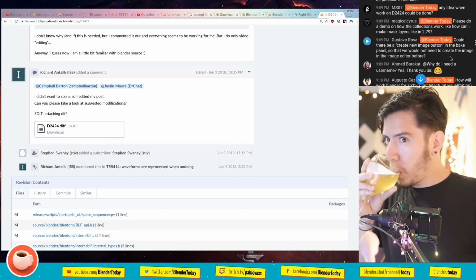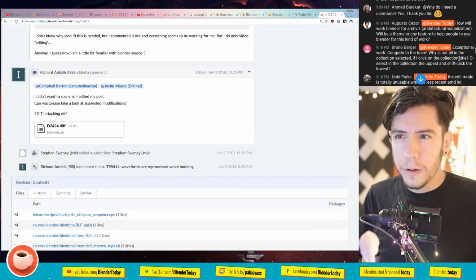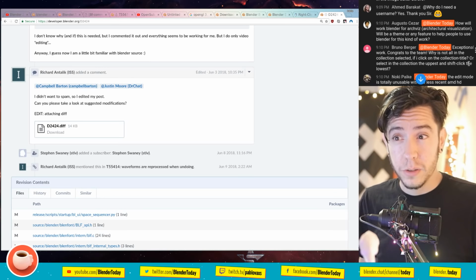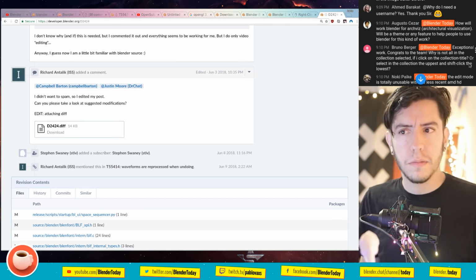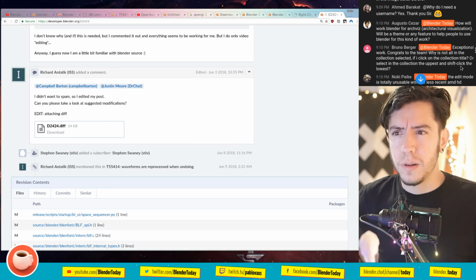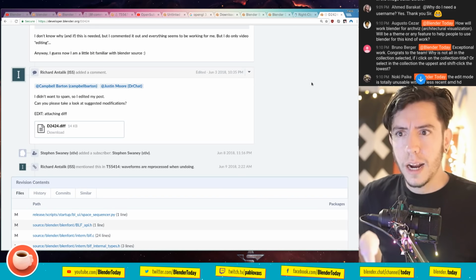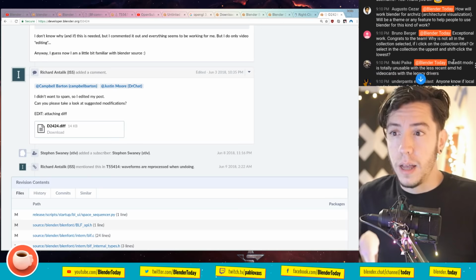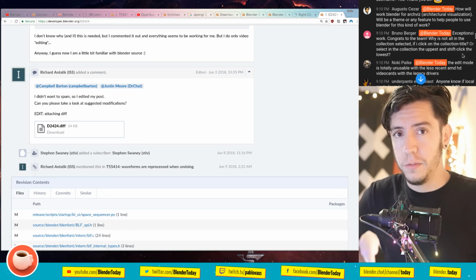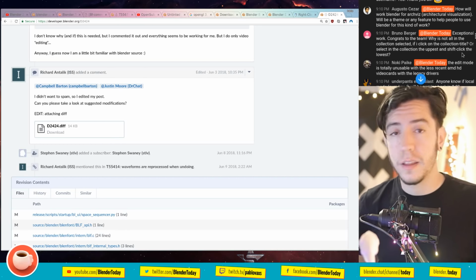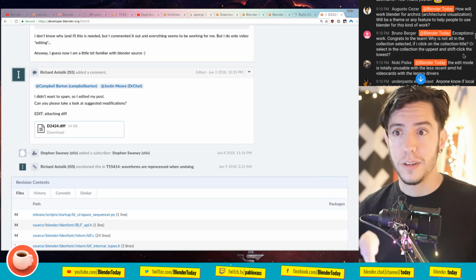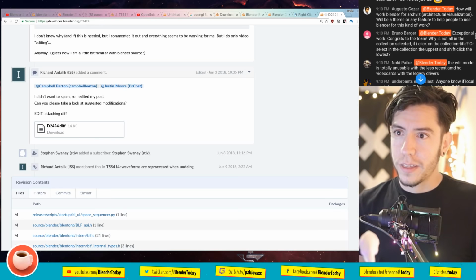What else? How will Blender work for Archviz? Will there be a theme or any feature to help people to use Blender for this kind of work? A theme like a Blender theme? I'm not sure. But a feature to help people to use Blender for this kind, like Archipack, maybe, the add-on. But having a specific workspace for Archviz would be something very nice. So when we make the call for content, make sure that if you're an Archviz pro, stay tuned and help. Exceptional work. Thank you, Bruno.